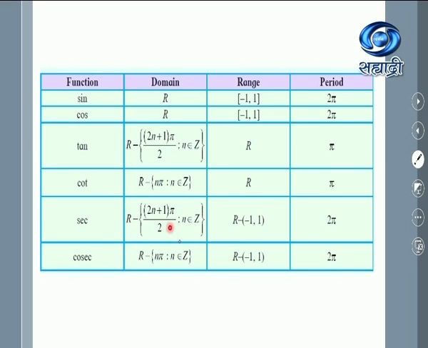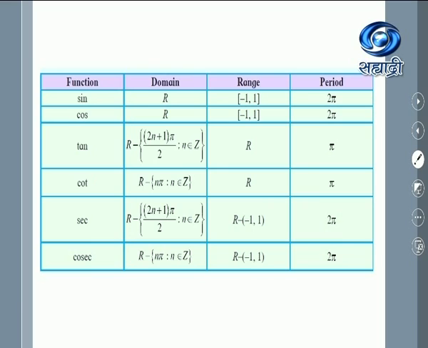So from the set of reals, we will have to exclude the angles which are odd multiples of pi by 2, and that we write in this form. So remember, for the secant function, this is the domain. From the set of reals, exclude the set of the form (2n+1) into pi by 2. Now the range. The range is R minus the open interval -1 to 1. Actually, I'll explain this with the graph in the next slide. R minus (-1, 1). And the period is equal to 2 pi.